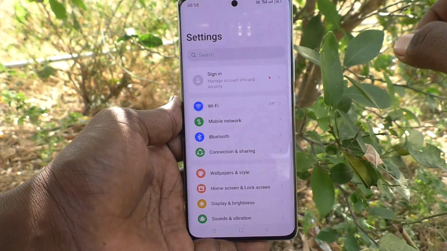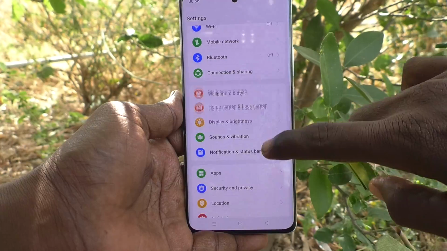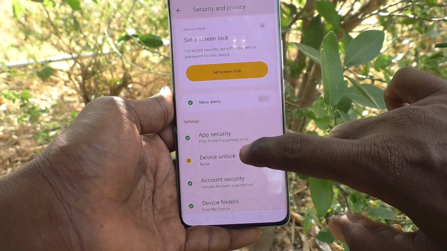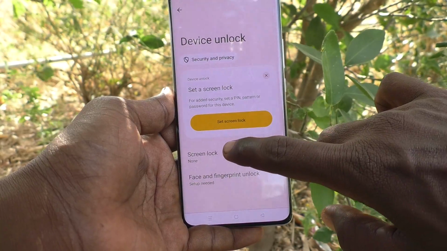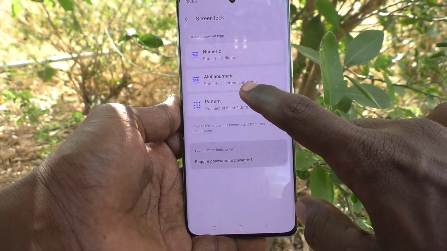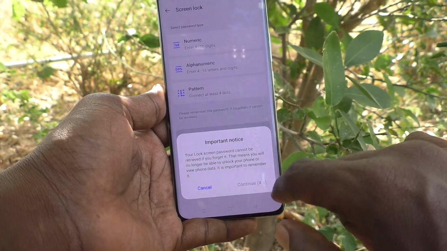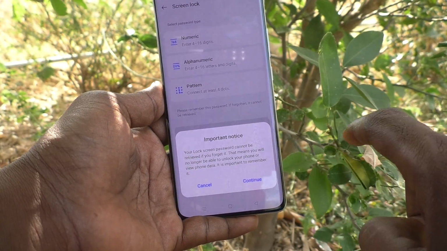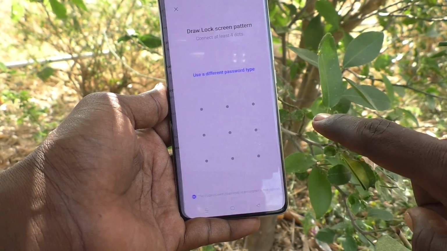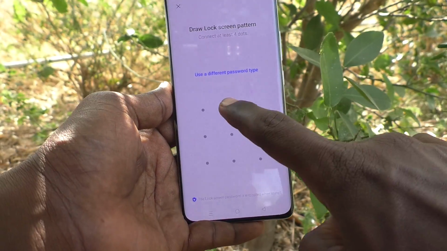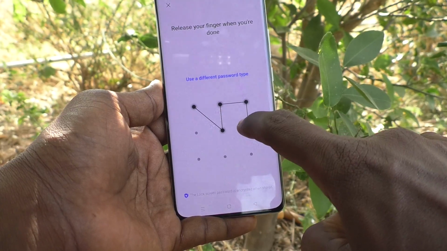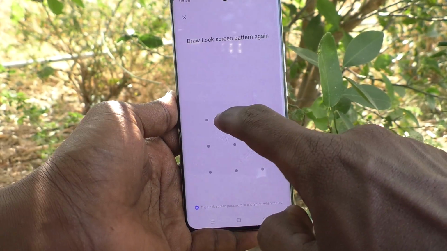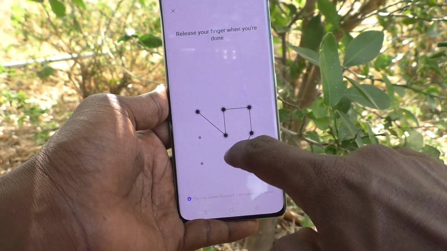Go to settings. Then go to security and privacy and here select device unlock and click on screen lock and click on pattern here and read the instruction, and after reading instruction click on continue and draw the pattern that you want to set. I draw this pattern. Okay, again draw the same pattern to verify,